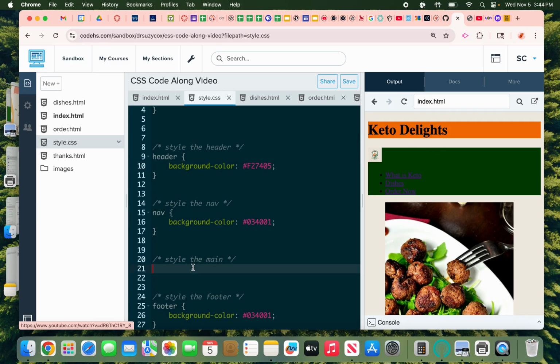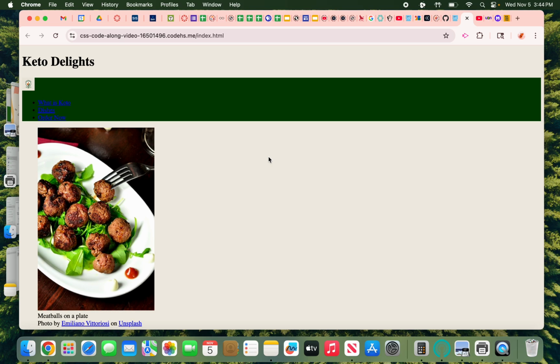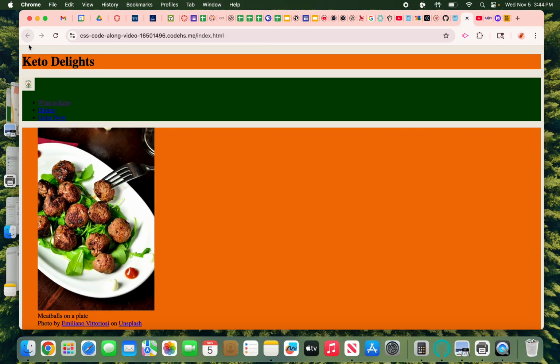And then let's do the same thing with the main. So main, background-color, and then that same orange. All right, so what we end up with is this awful stripy beast of a website, but I want you to notice the space. So this is margin. It is the space outside of an element. So thinking about that box model, okay? Padding would be here around on the inside. It would make more orange color, whereas margin is on the outside, and that's why we can see that body